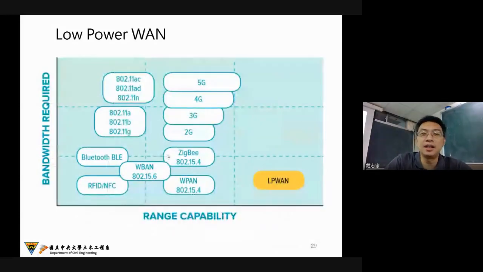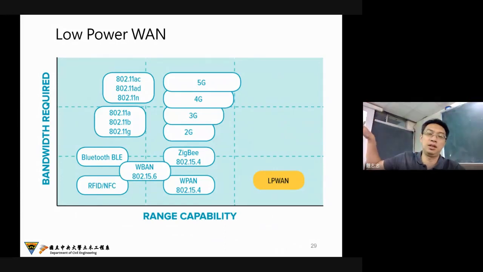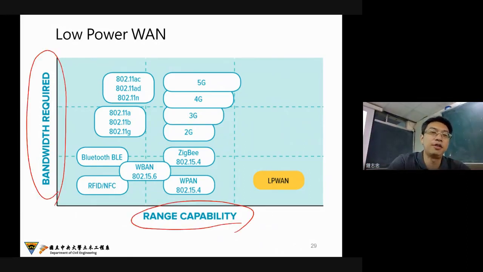Okay, so I use another chart, and every time I would like to encourage all of the students: every time you see a picture of this kind of chart, you need to understand what the X and the Y are first. For the X, this is the range capability. And for the Y, this is the bandwidth required. So you can find here, this is the cell phone system. And here,